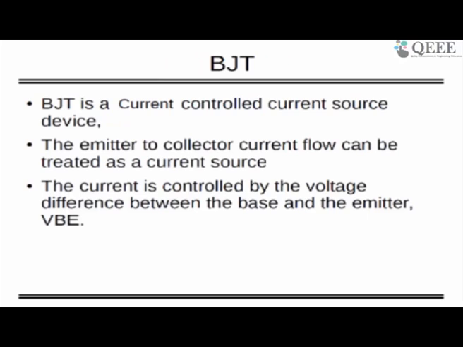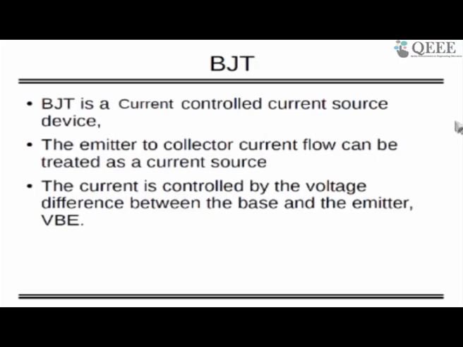So now there are some salient features or key points people talk about. BJT is a bipolar junction transistor, and it's a current controlled current source device. This is the line I have copied from Behzad Razavi, this complete line. But maybe there are different opinions from different people. Some people also call it a current controlled voltage source, but that we are going to derive at the end of today's lecture, why it's a current controlled current source or why it's a current controlled voltage source. We are going to find out which is the correct one, or whether both are correct.